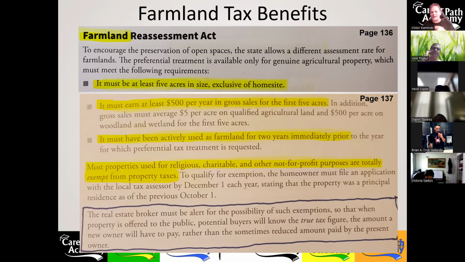And eventually the guy broke down. He's like, yeah, we actually did attend a seminar that taught us about this. In order to be considered a genuine religious organization, you have to file papers with the federal government. You have to explain where you have your house of worship, where you meet on a regular basis. You have to have so many followers that meet at least twice a month. And he was giving me all these details.